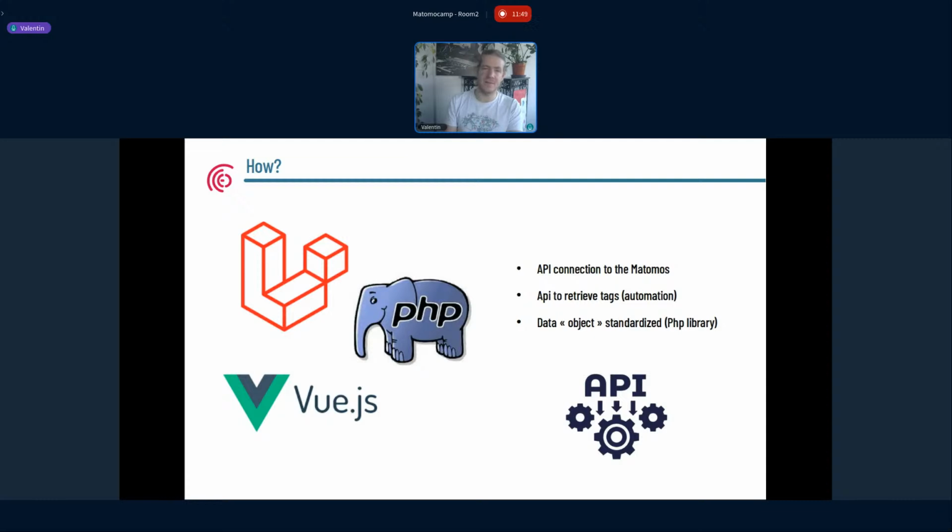Our application makes API connections to the Matomo, so it's like a gateway to different Matomos. We made some APIs in our application to retrieve tags, to fit the need for automation from the clients, because they already have a site factory. To fit their need, we thought it would be a great idea to make an API for them.